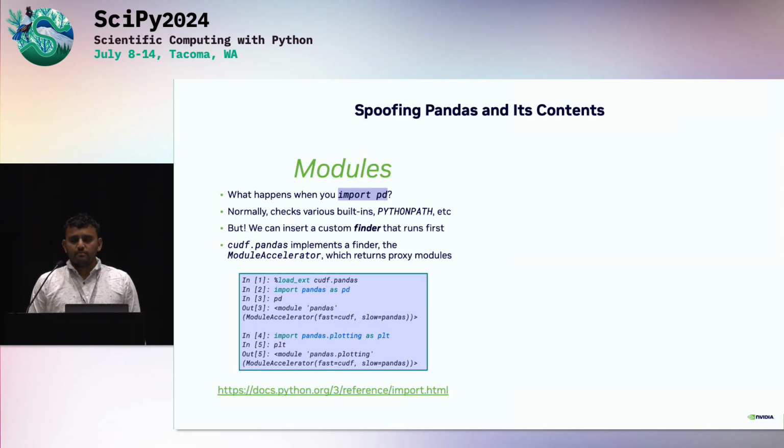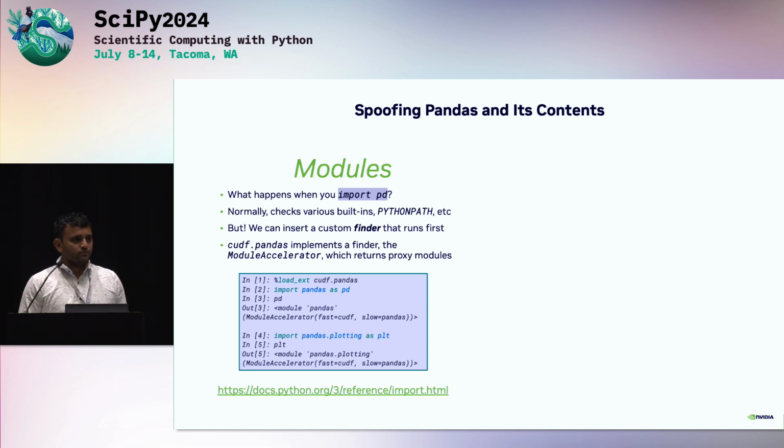All right, so I mentioned that we do this with these proxy modules, right? This slide gets a little bit into the details for those of you who are interested. What normally happens when you import a module is Python looks through a bunch of directories and searches for either a file or a directory with the name that you've requested, and it returns the first one that it finds. But it does allow you to preempt this search by inserting what's called a metapath finder somewhere into the sys